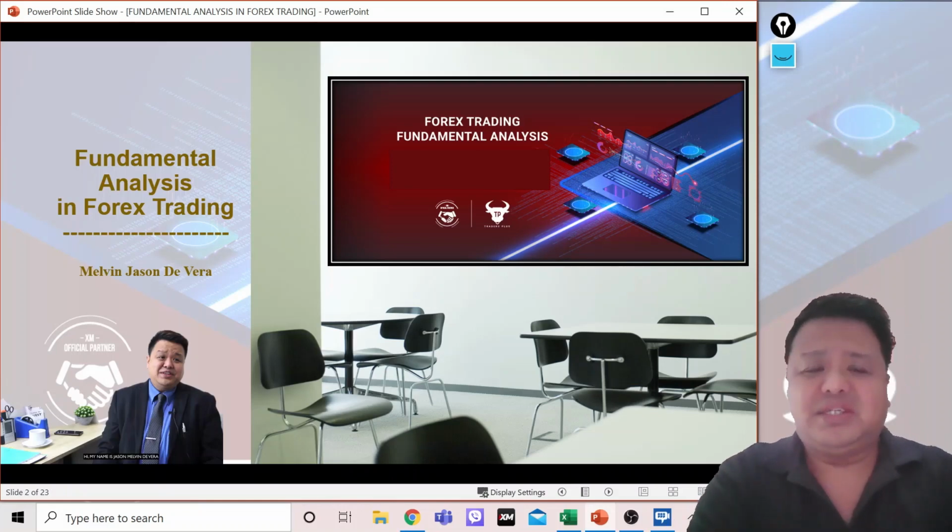In the stock market kasi, it's more of valuation, or determining the stock's intrinsic value at kino-compare natin sa current market price para malaman kung ang stock ay undervalued or overvalued. And most of the drivers ng value ng stock is the earnings history ng company. So tumitingin tayo ng mga financial information such as earnings per share, price to earnings ratio, or EPS growth, and we're actually looking at the estimated future values of the company that we can discount to present time. So parang time value of money, no?